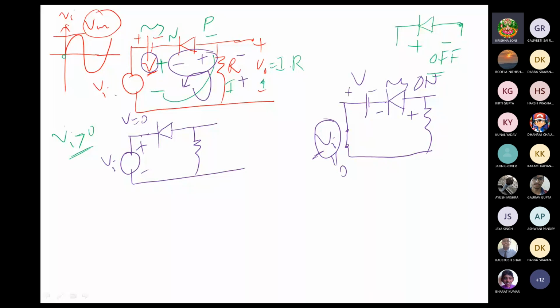Now in the first case we removed the DC voltage V, and in the next case we removed the varying voltage Vi. The DC voltage V seems to make the diode on here, and the current is going to flow. So this is the case. Now let us take the input voltage Vi here, starting with 0. So at Vi equal to 0, just at the starting.